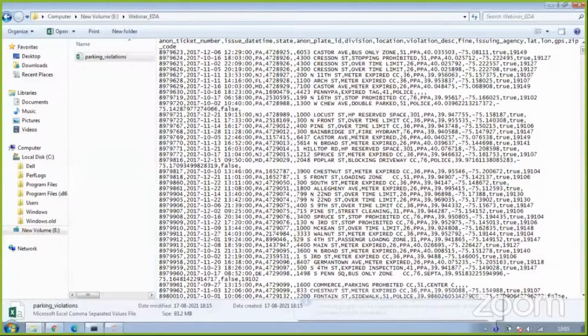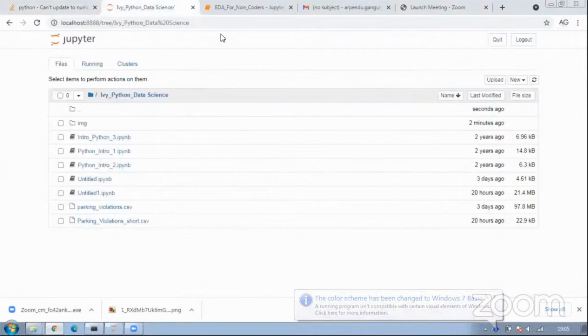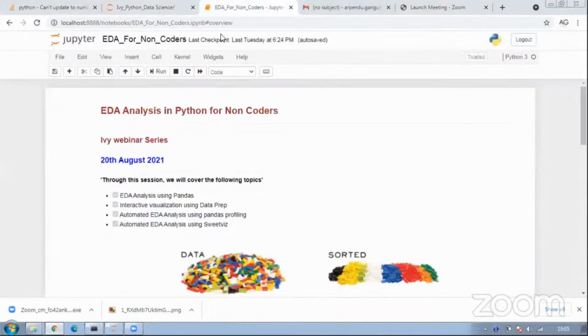So we'll not waste further of our time. Since it's a 1 hour session, let's really get started. I guess you are already aware of the agenda for this session, which is basically EDA, a very important topic in the data science world. Within this topic we will be trying to use Python but from a non-coder perspective.